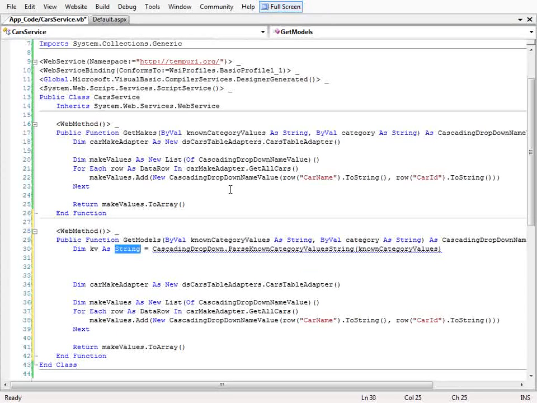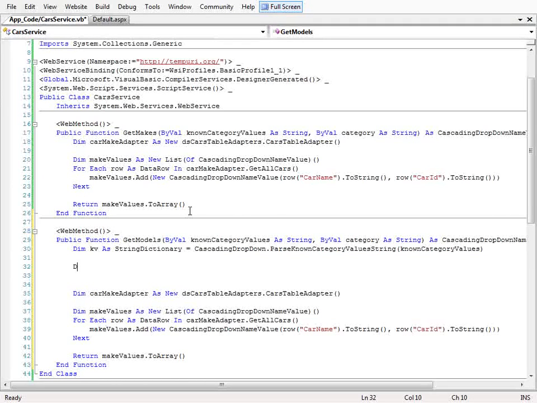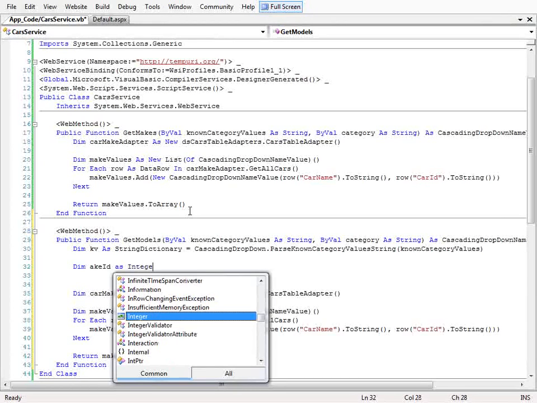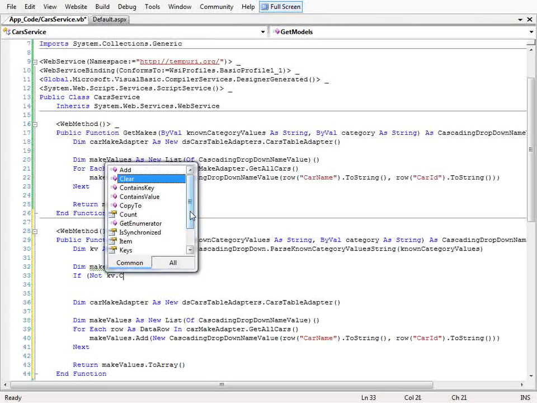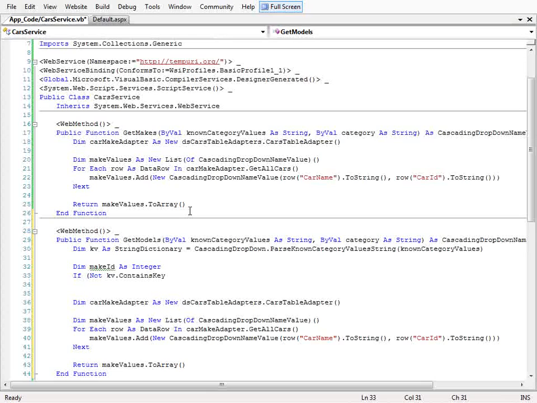And that doesn't want to be a string, of course. It wants to be a string dictionary. Next, I need to dim up a make ID. And now we can find out if what we got is expected. So we can say, if not, KV contains key. And the key that we're looking for here is make. So, or not